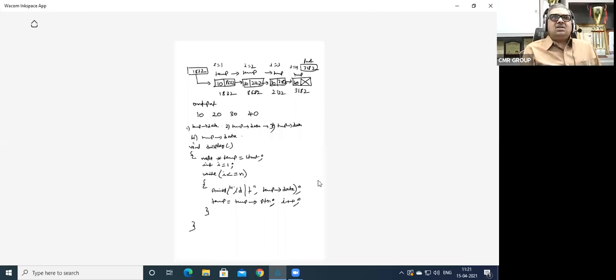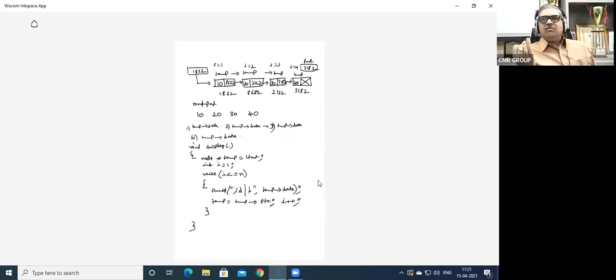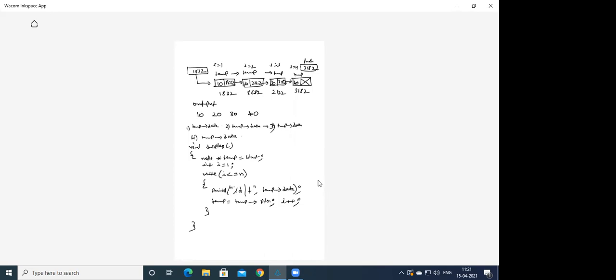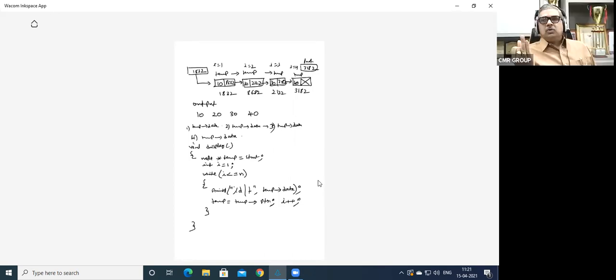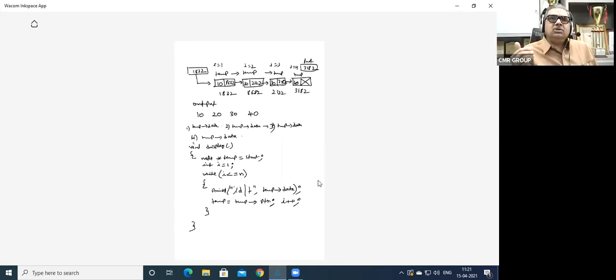What are the singly linked list operations we have done? Is the program complete now? Yes, complete, sir. What are the 4 functions we have written? Number 1, create function. Number 2, insert. Number 3, deletion. And number 4, traverse or display, we call it. That's all. We have done it. Singly linked list is over.